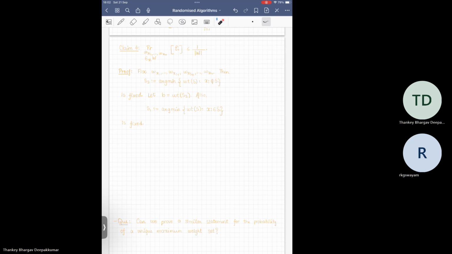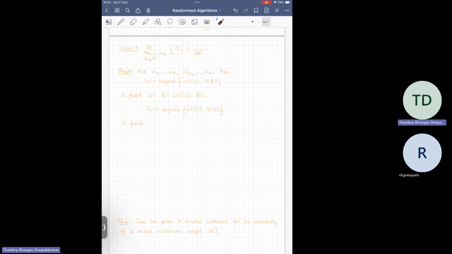I mean the following. All these elements, their weights are fixed. Pick any S. All the elements in S have been assigned weights. So every xj in S has been given a weight wxj. So the weight of S is fixed because that's the sum of the weights of the elements inside it, right? Once I have the weights of all the elements over here, only then can I find the set with the minimum weight, right? So by fixed, I mean that